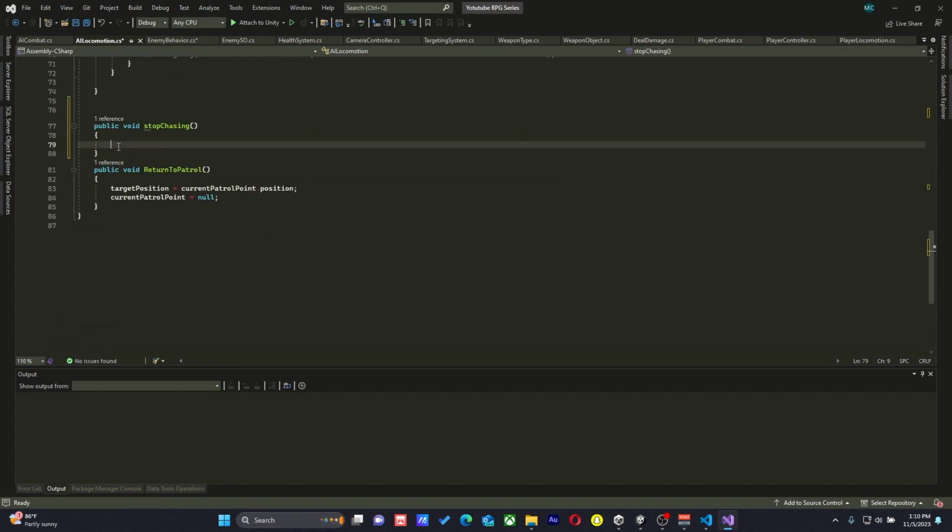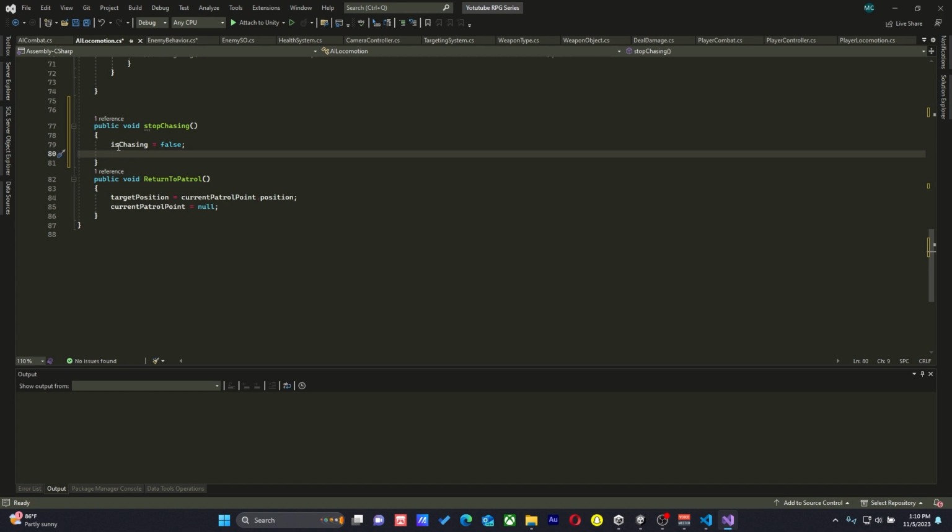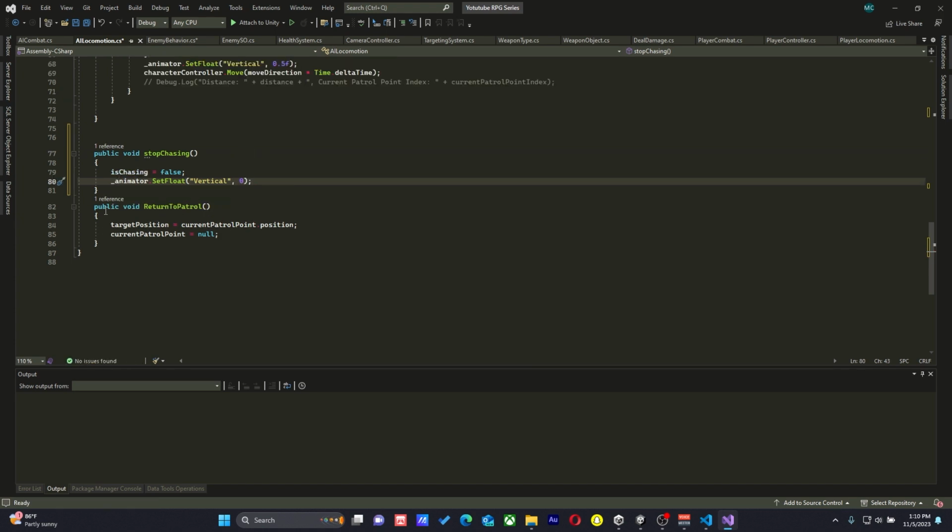Then we're going to set it here: is chasing is equal to false. And then we're also going to say the animator set bool. So we're going to set the set float, not bool. Oh my goodness. Set float. Remember, we want to make him stop moving, and the float is vertical. We're going to set it back to 0. Okay. And then